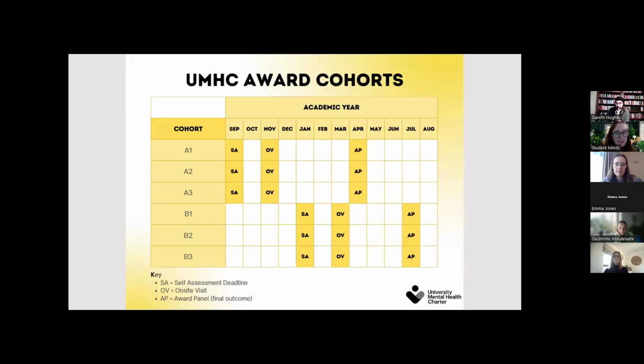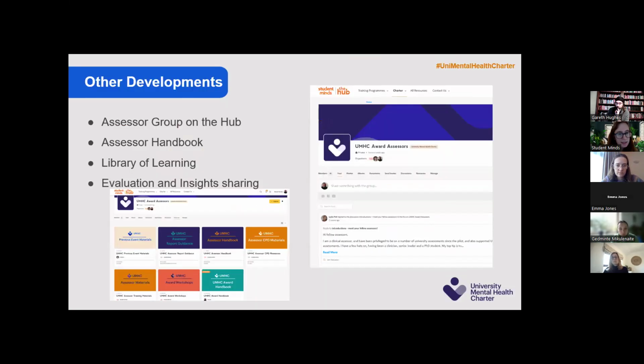And this is just Dan's picture of more of a visual way of seeing how the assessments are running. And yes, I'm not actually able to log into the hub, so I can't show you directly, but we wanted to